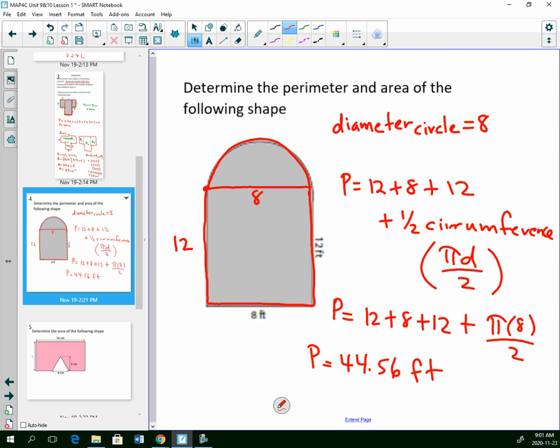Okay, and it also wants me to find the area, right? So I didn't use the outside, right? I just put that in there so I knew the diameter, right? So we'll just do a broken line. So we did 12, 8, 12, and then half the diameter. If I'm doing area,